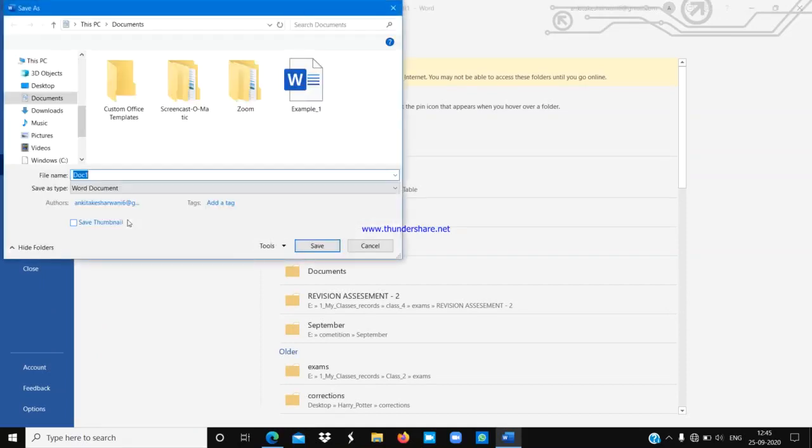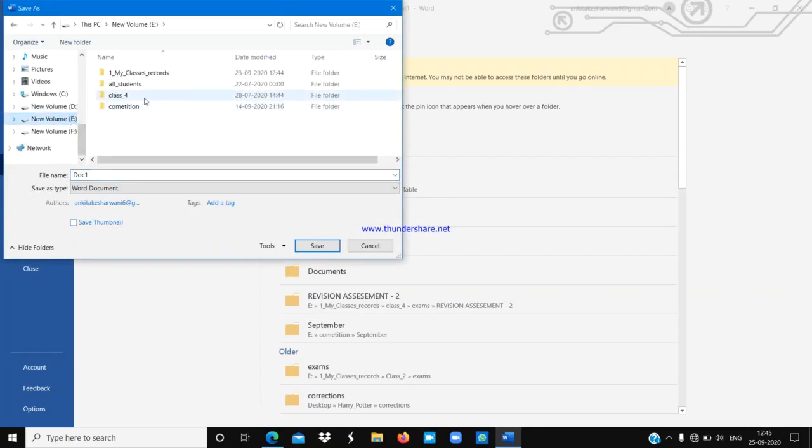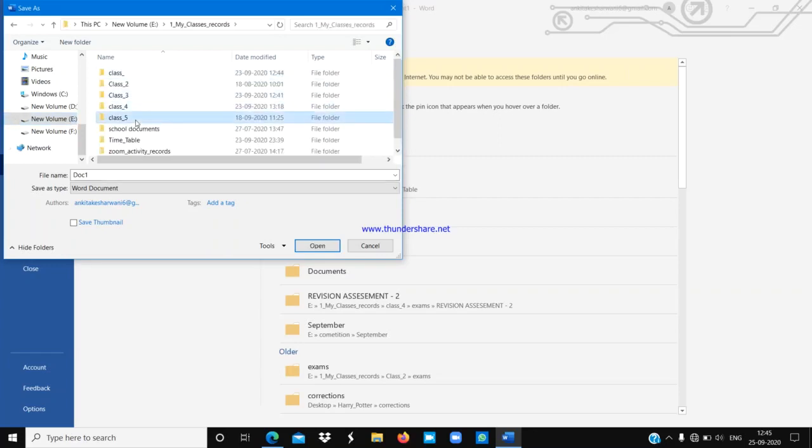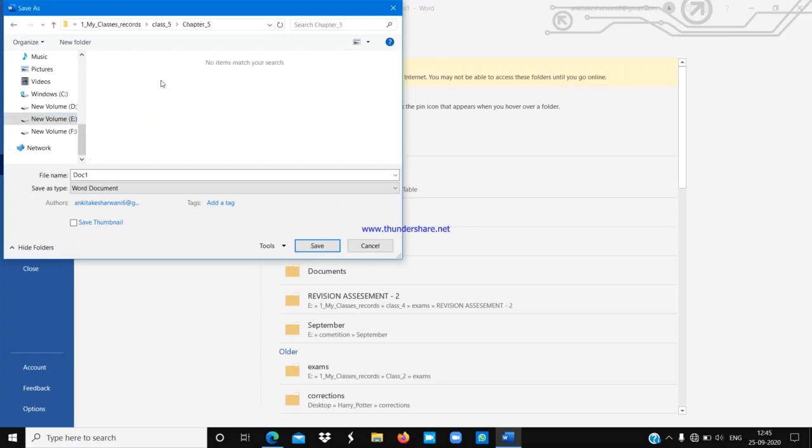Wherever you want to save your file, you can choose your destination. Okay. So I am using class 5th, chapter number 5, example 1. I am giving the name of my file as example 1.